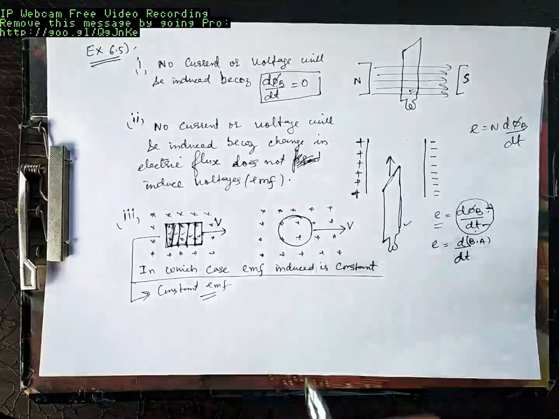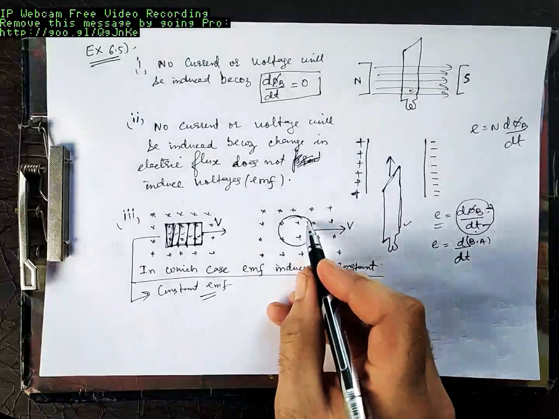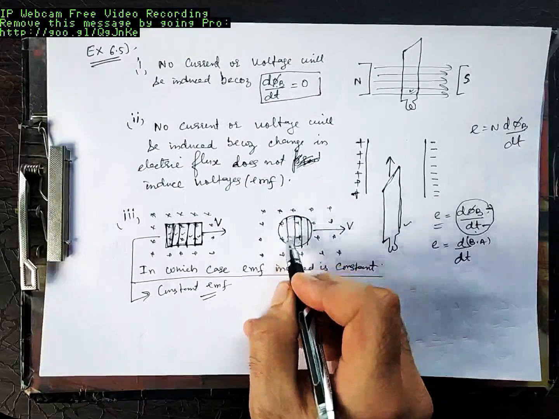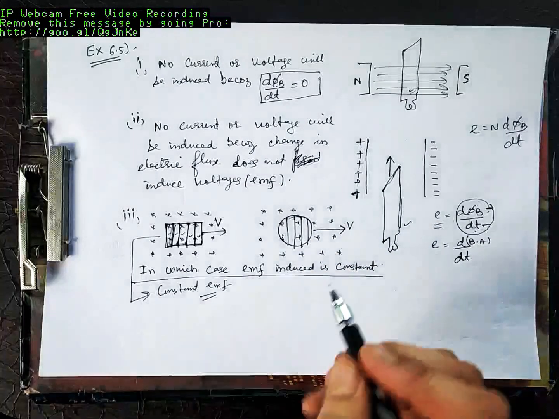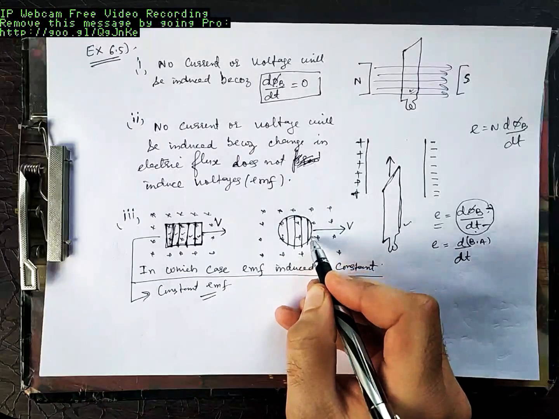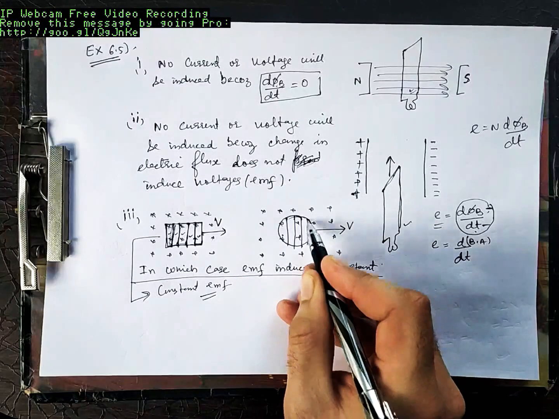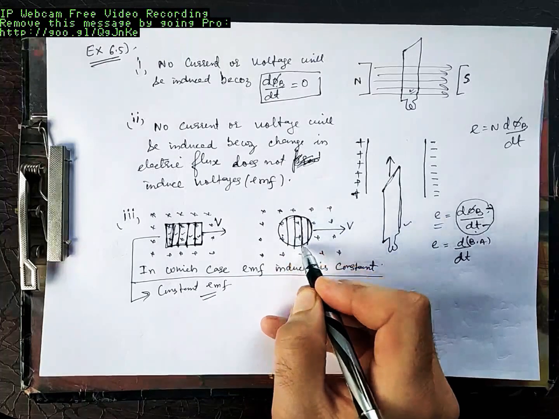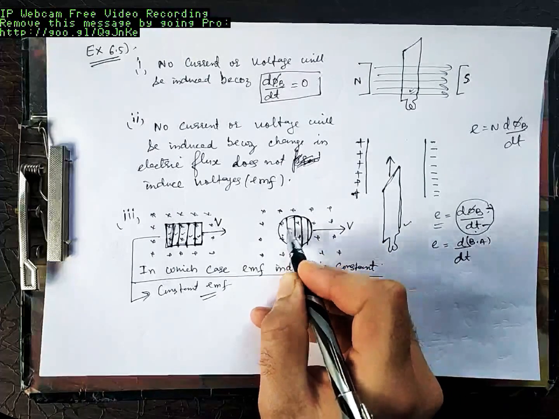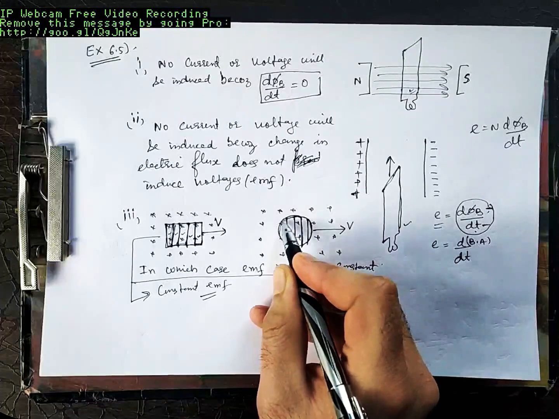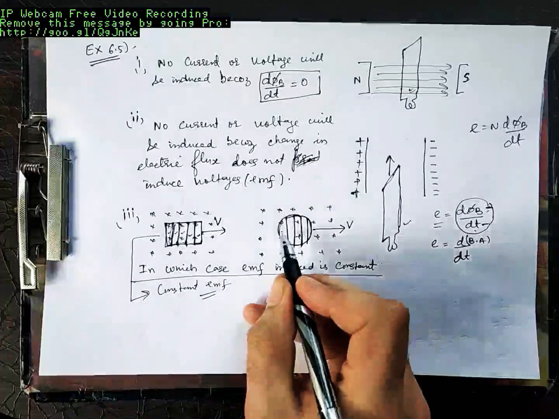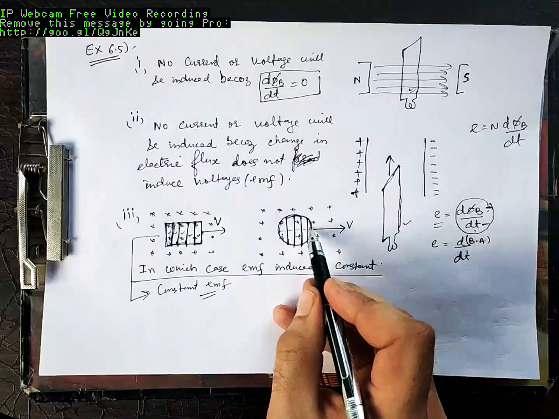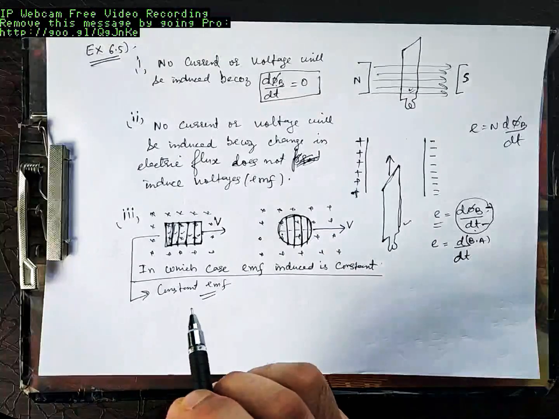But what about here? When you push this, say in 1 second this much, second this much, third second this much, fourth second this much, fifth second this much. In the first second you remove this much area, this much flux. In the second you remove this much flux, and so on. Though widths are the same for all the cases, is the area the same or different? Area is different.